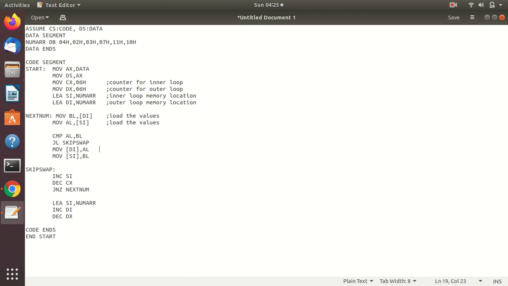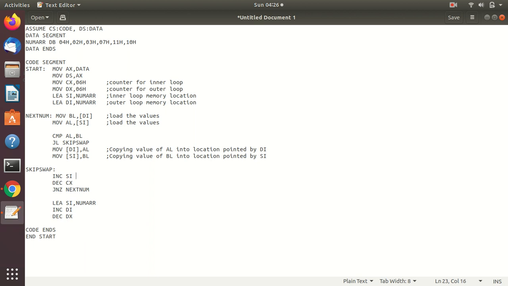So here I will write comments for this as well, but let me figure it out. Okay, so here actually the swapping occurs, so let me write here: swapping. These two lines are copying, sorry, not swapping, copying value of AL into location pointed by DI, and here we are copying value of BL into location pointed by SI.